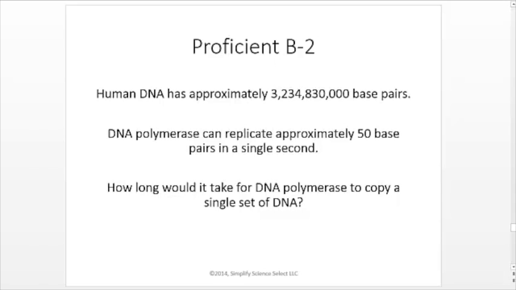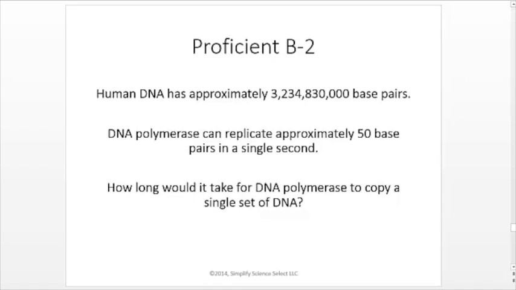If there's 60 seconds in a minute, 60 minutes in an hour, 24 hours in a day, 365 days in a year, well, that comes out to just over 2 years that it would take for DNA polymerase to make just one